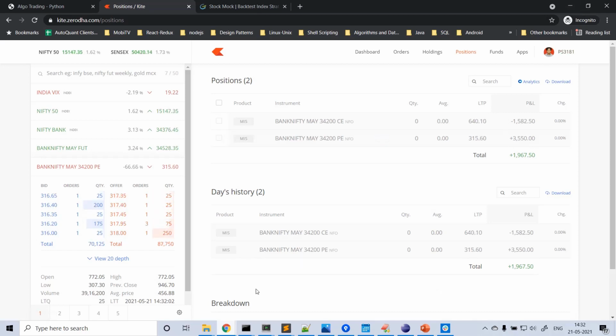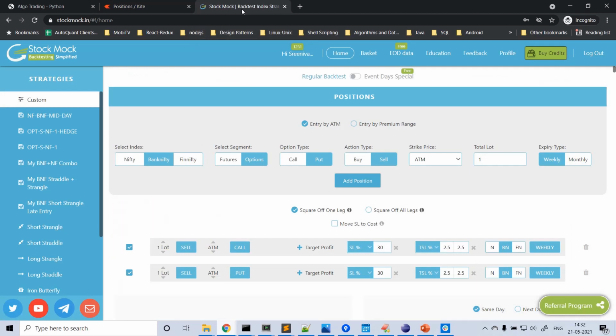I just wanted to tell you, this may not be a profitable strategy. I'm just experimenting. I just chose this straddle logic. It's enter at 11 and stay till 14:30 with some trailing logic. This trailing logic is also not backtested. What I did, I just wanted to check.